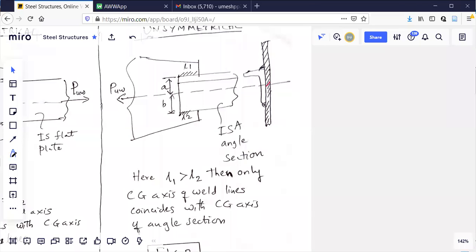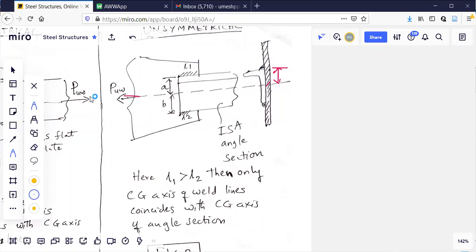Now what I have done is, this angle is connected to the gusset plate here. From the steel table, I am able to find out this distance, we can call it Cxy. This can be calculated from the centroid of the angle section, obtained directly from the steel table. If the size of the angle is given, corresponding to that size I can easily get this value. So this is the axis of the angle section. The load has to be transferred or resisted along this line only.